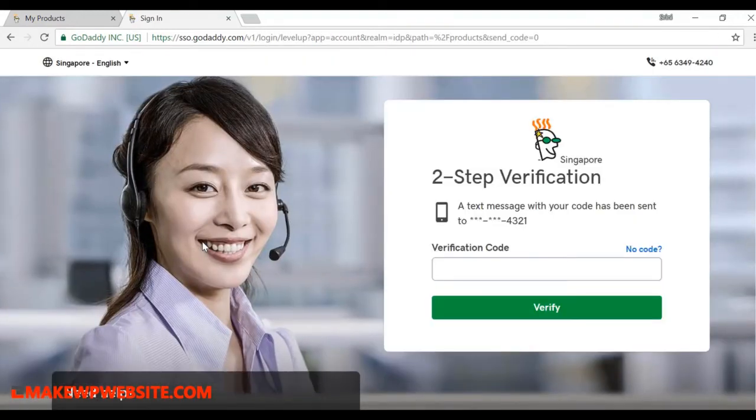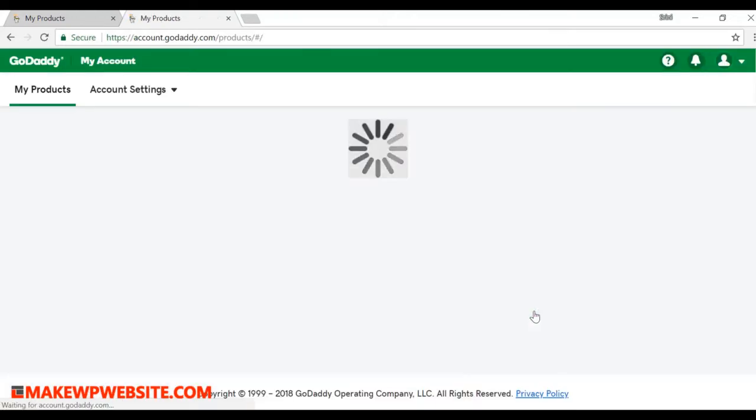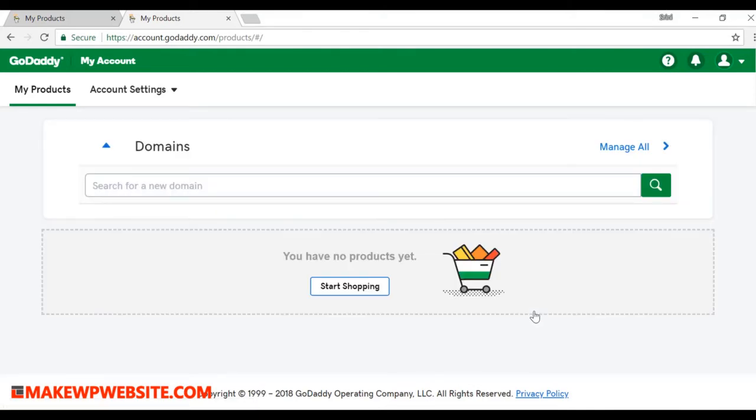Okay, so it's asking me to enter the verification code, so let me enter it. Okay, so this is a very good verification method to see if someone else is trying to access my account.